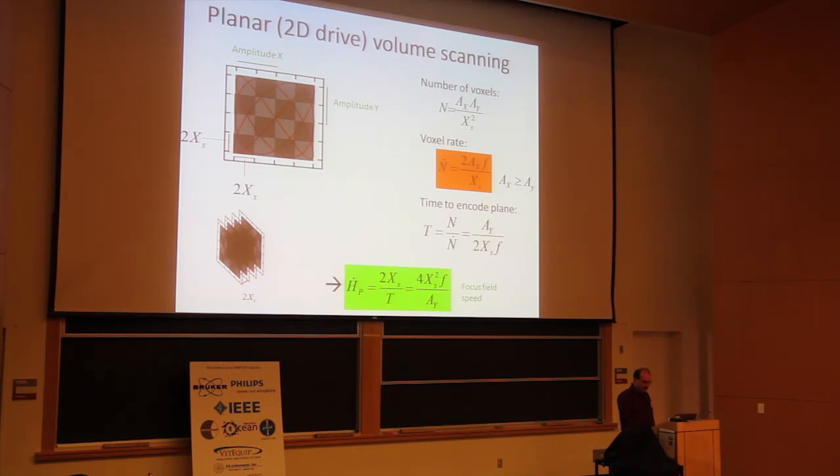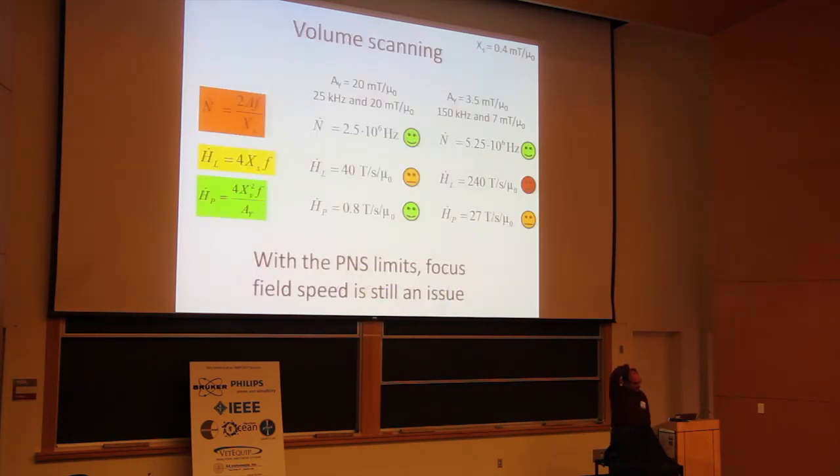And this we can put into our table of what was planned and what we get now. Okay, what was planned is well below 1 Tesla per second. So absolutely no problem in terms of physiology and quite easy to implement technology-wise. But with the new parameters, we get 27 Tesla per second,